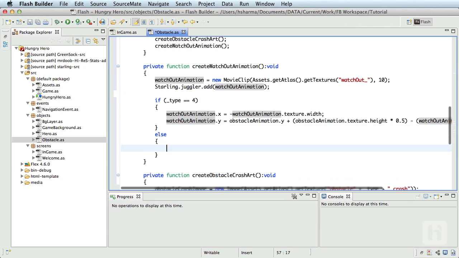Else, if it's not an animation, watchoutAnimation.x will still be minus watchoutAnimation.texture.width,